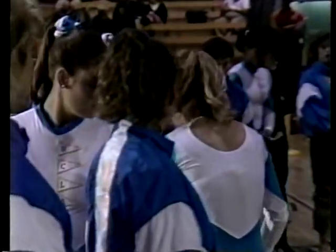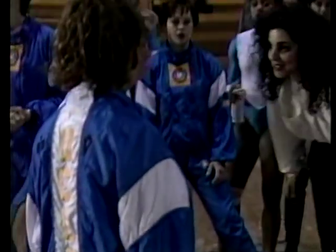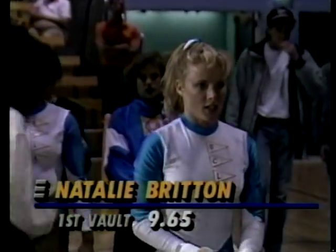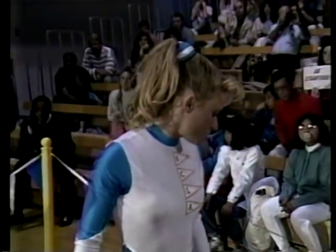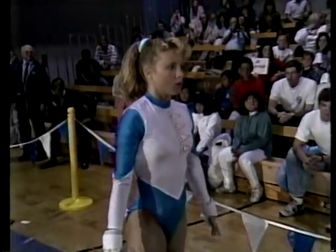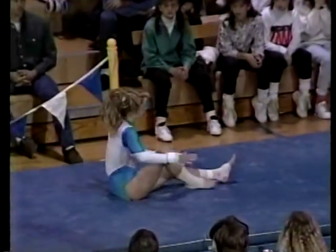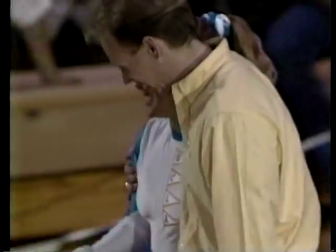Britton had a 9.75 on her floor exercise earlier. And still awaiting her score on the vault. And it's a 9.65. So UCLA in the range, 9.5, 9.6. As the Bruins trailing in 7th place right now in the team competition, excuse me. And Britton sets up for vault number 2. Well, she's dead serious about this event. All she has to do is land it. Well, that landed it. Three-pointer. So the Bruins having all kinds of trouble with the